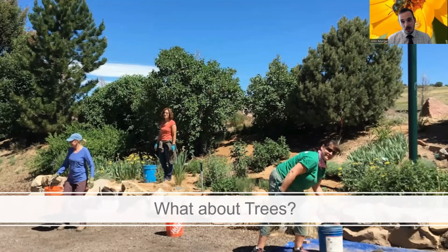But I see some pine trees back there, and normally they'd be drought tolerant. We've got a ponderosa pine, we've got a pinyon pine, we've got some lilacs, which are also very drought tolerant, but they've been getting water, which means that their roots are in places that they wouldn't necessarily be if they hadn't been getting water. We've got them maybe closer to the surface, not as many going down deeply. And so during the first few years of this conversion, you're going to want to carefully observe the condition of your trees and shrubs if they were established before you started this no water garden, to make sure that